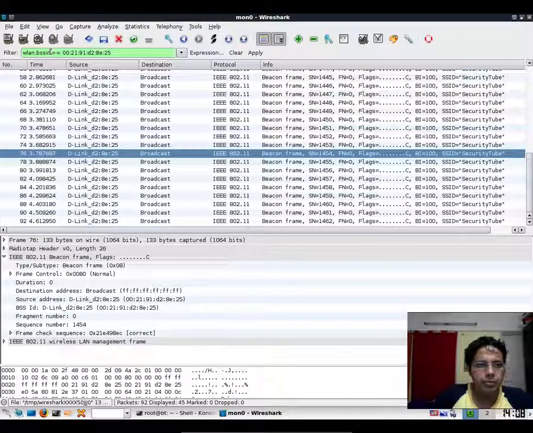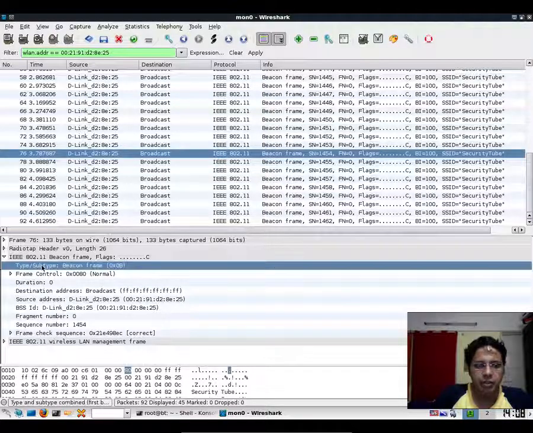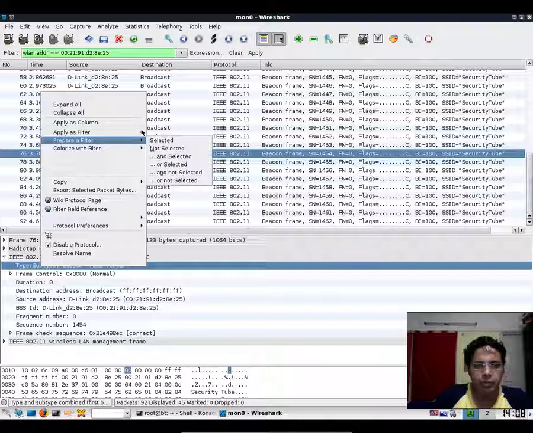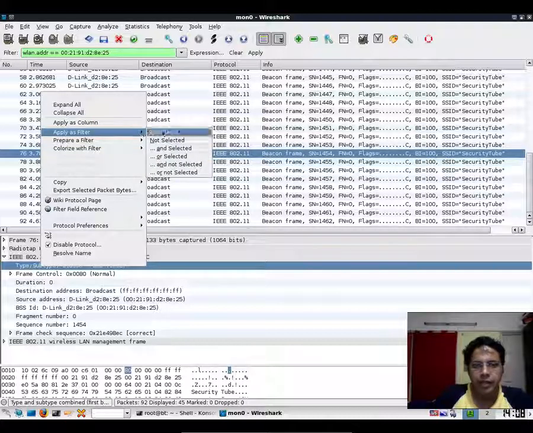Let's change this filter to wlan.addr, and also remove beacon frames, since we are not interested in them anymore. So let's say apply and not selected.